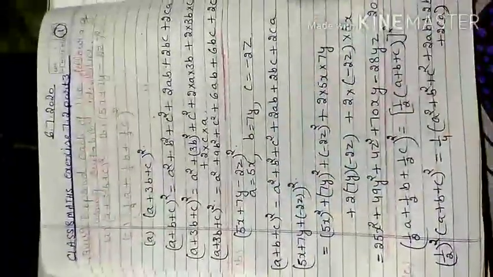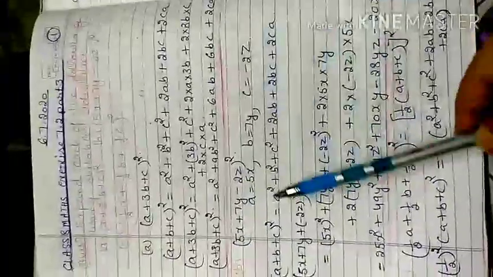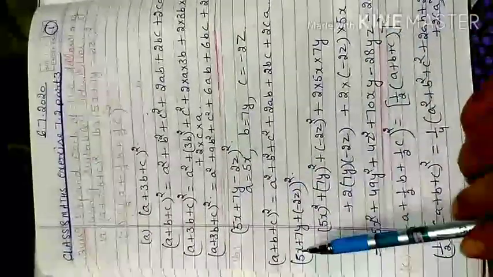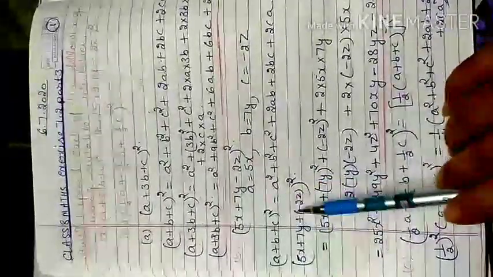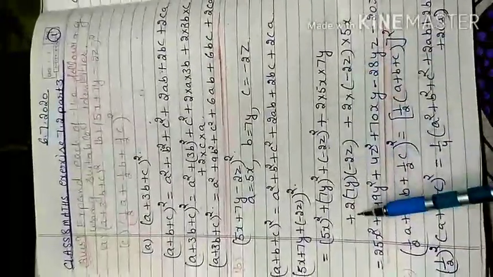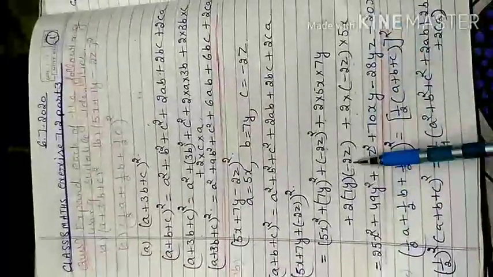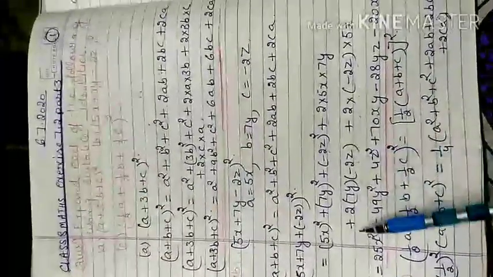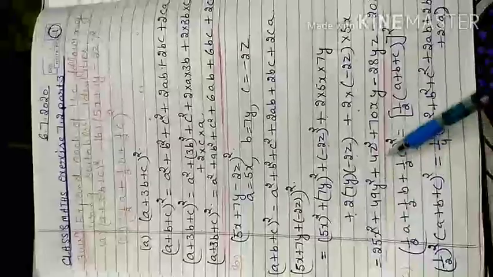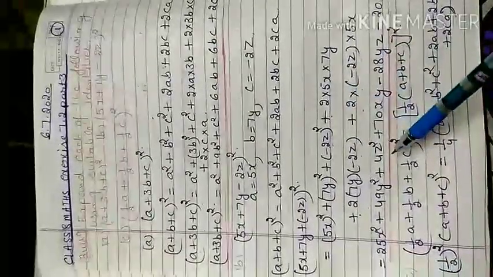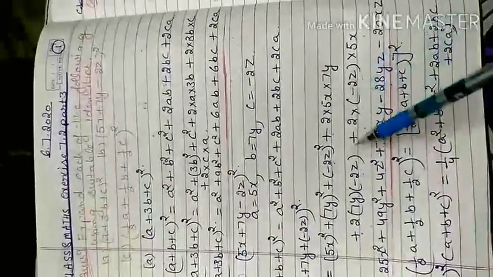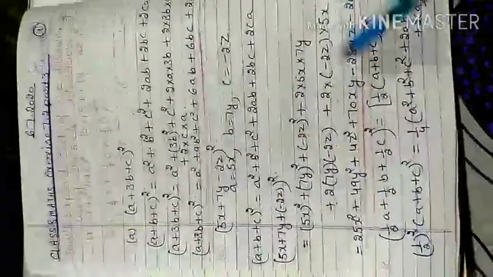Similarly (5x plus 7y minus 2z) whole square is there. If we memorize only this formula, we can calculate from this, like a is 5x, b is equal to 7y, c is equal to minus 2z, because I write this in a plus b plus c form and the c term is accompanied with the negative sign. So a square plus b square plus c square plus 2ab plus 2bc plus 2ca. Whenever a negative sign is there, negative multiplied by positive gives you negative in the answer also. 25x square, 49y square, 4z square, because minus 2 into minus 2 gives you plus 4. 70xy, then minus into positive gives you negative, also negative into positive gives you negative 20xz. That is your required answer.